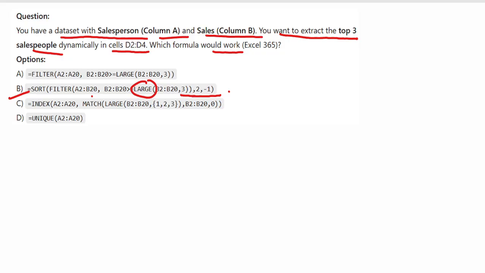After filtering, we sort them by sales. So the correct option here is option number B. Now move to the next question.